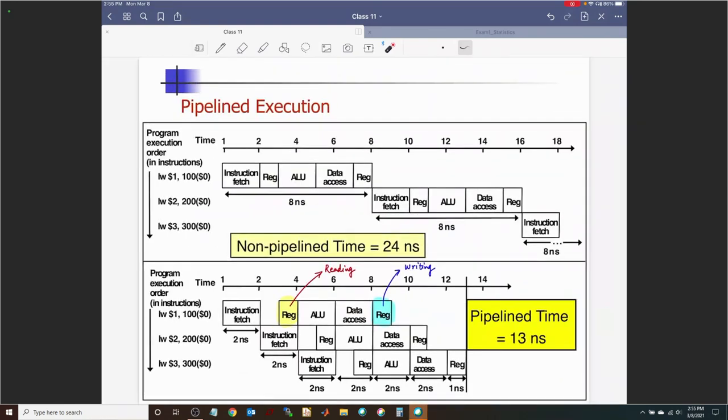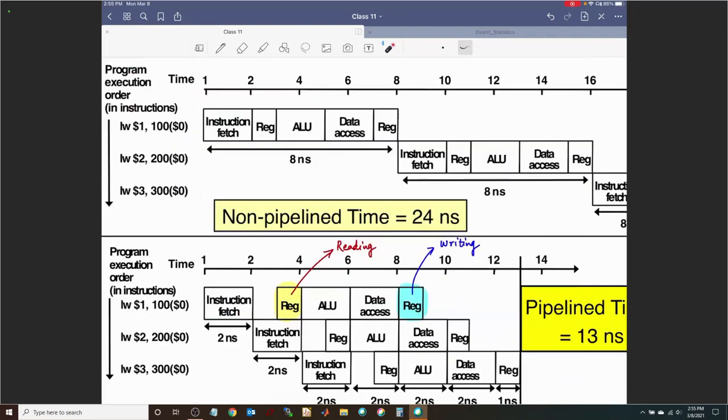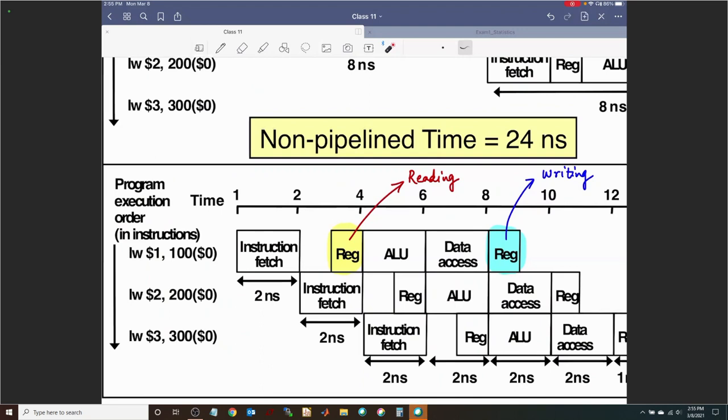Next. All right. So you're done with the instruction fetch step. As soon as you're done with that, start using the same resource, the same hardware for something else. In this case, the second instruction and then the third instruction. So you're not waiting for the first instruction to finish. You are instantly, as soon as it's done, you jump to the next instruction. Do you know what the pipeline time would be if you didn't extend it to 2 nanoseconds? So here,